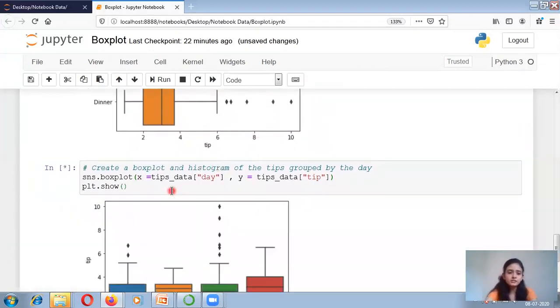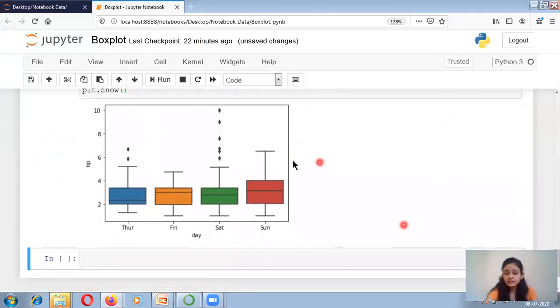Now let's see another thing. Again, this is just for cool understanding. This is my tip on the y-axis and the day on the x-axis: Thursday, Friday, Saturday and Sunday. You can see that on Sunday, a waiter collects more tips compared to Thursday, Friday and Saturday.